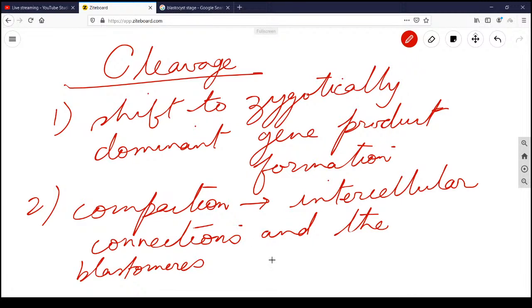This also forms between the blastomeres, only intercellular connections begin to take on, or you can say take up,